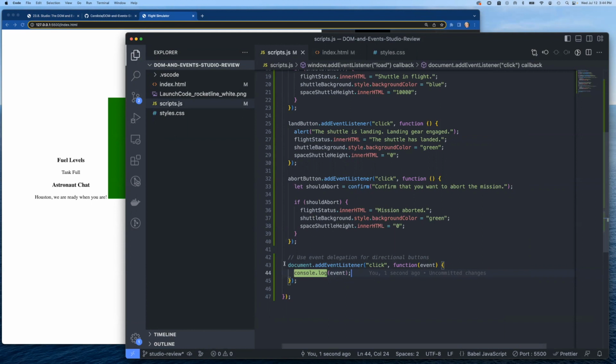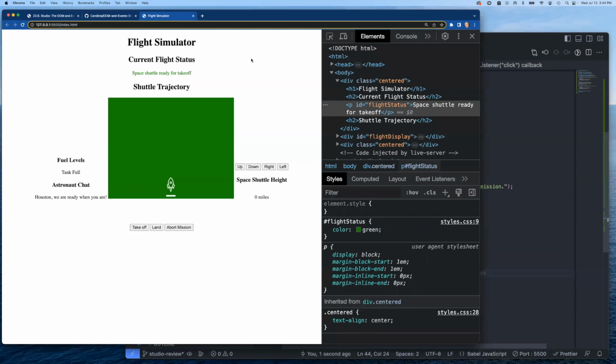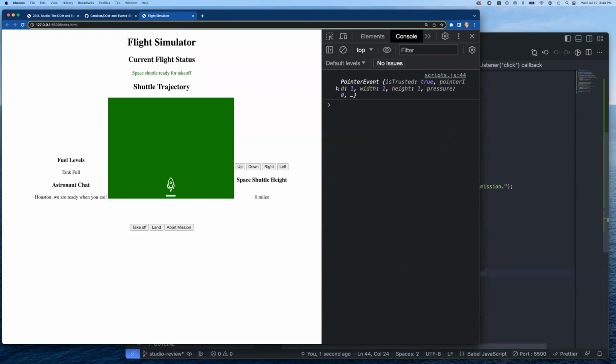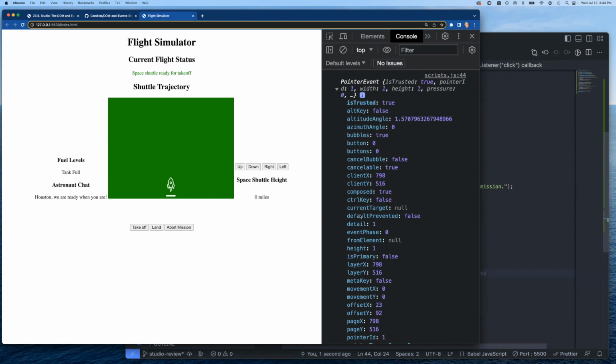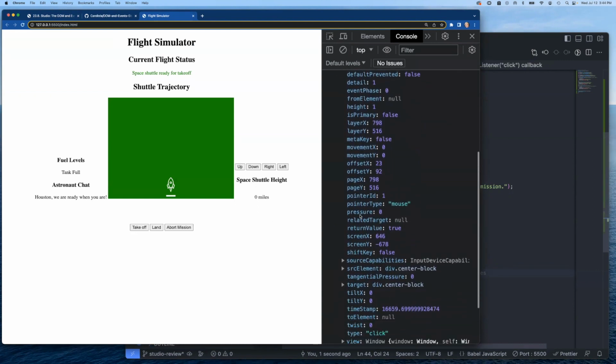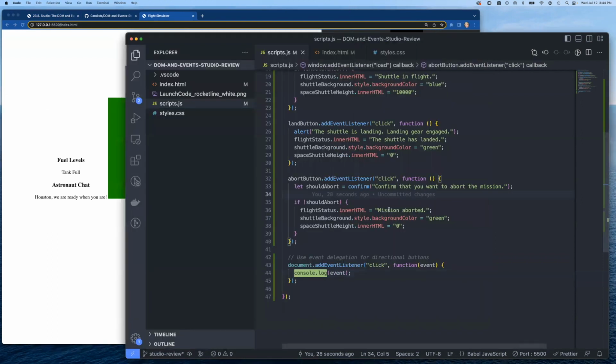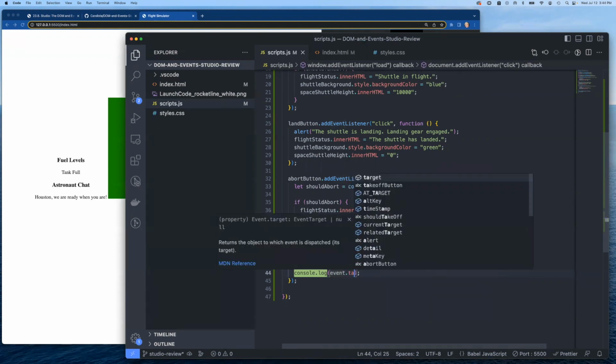So remember, this is document level, so I can click anywhere on this page and this thing's going to fire. So let's go over to the console here, and let me just click on anything. Okay, pointer event. Look at all this information, right? There's just tons and tons of information. And we have access to that because JavaScript can actually pull it in, and then we can access it based on this event object. So if I say event.target,